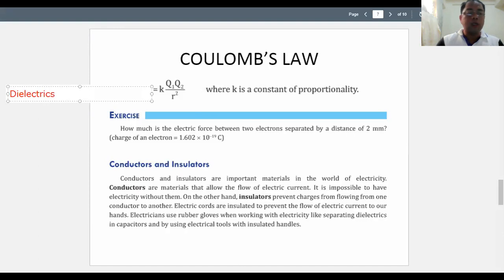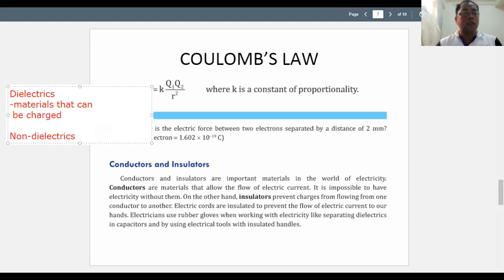So dielectrics are materials that can be charged, which resembles our insulator. And materials that are difficult to charge are sometimes also called